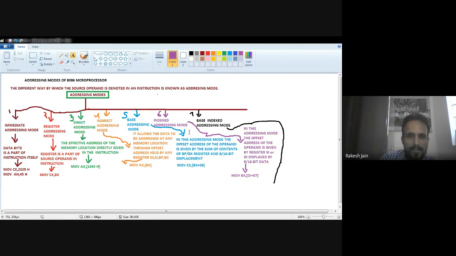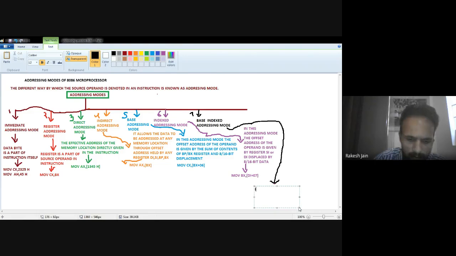Now what is the base index addressing mode? I write it down on the lower side; see it very carefully, with the black color. I am going to write about the base index addressing mode. So now see the meaning of base index addressing mode.